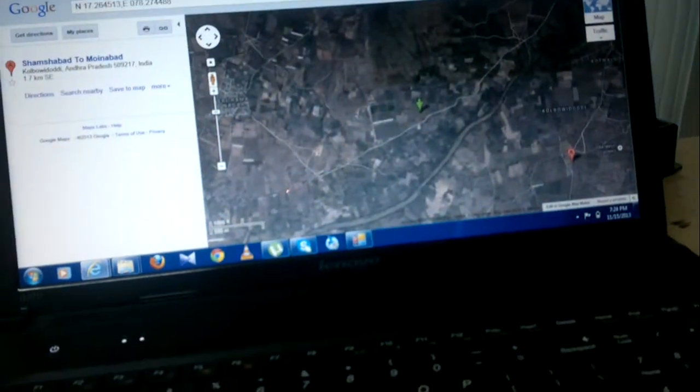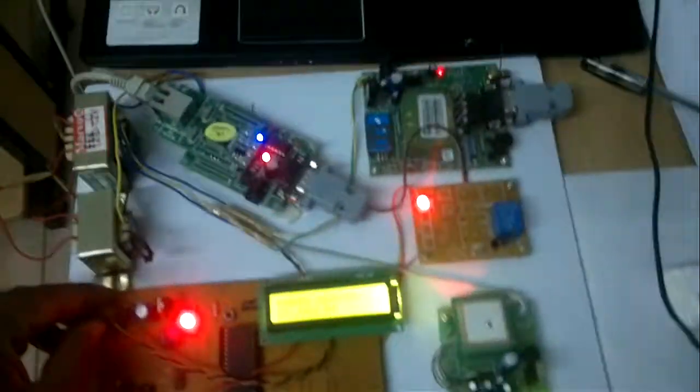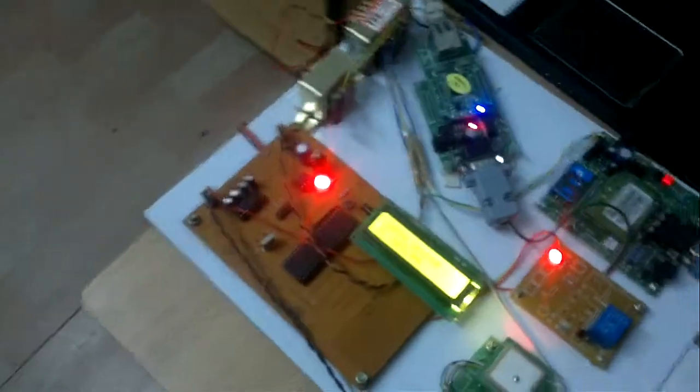In that we have one application. That application we wrote in .NET format. In .NET, the latitude and longitude values will be displayed. So we presented one Google Earth software that was written by Vertex Technologies. We designed it like that only. When the power is on, and whenever the power will be off